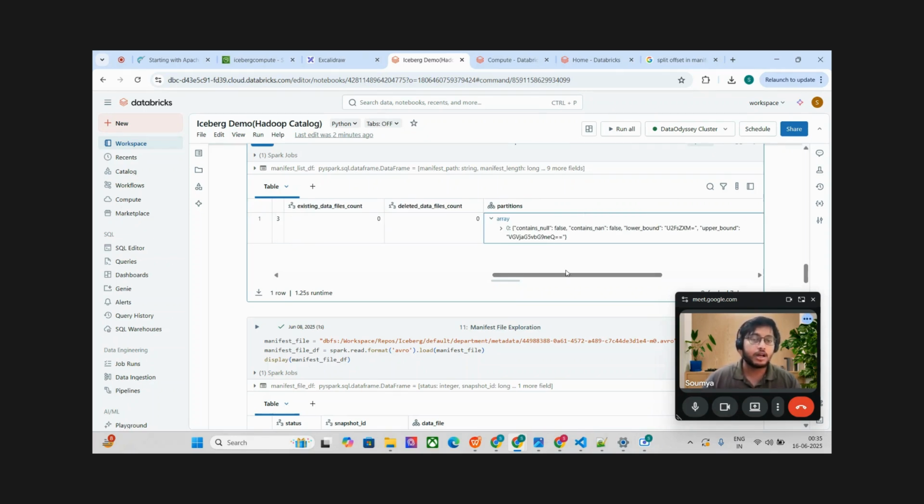Next change, a new set of manifest files may be formed. All right. Data files behind the scenes may or may not be the same. A new set of manifest files will be formed, and information with respect to that manifest file will be stored